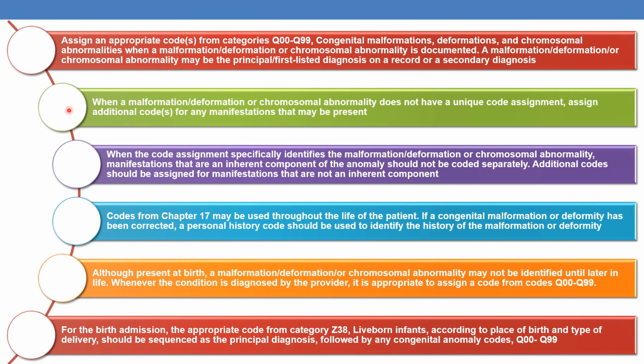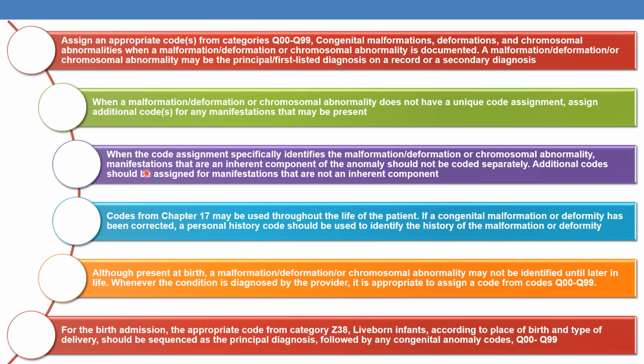The second point is, when a malformation, deformation or even chromosomal abnormality does not have a unique code, then assign additional codes for manifestations that may be present. If one unique code that identifies that abnormality is not present, then you can code any manifestation that may be present. Next point is, when the code assignment specifically identifies a malformation, deformation or chromosomal abnormality,